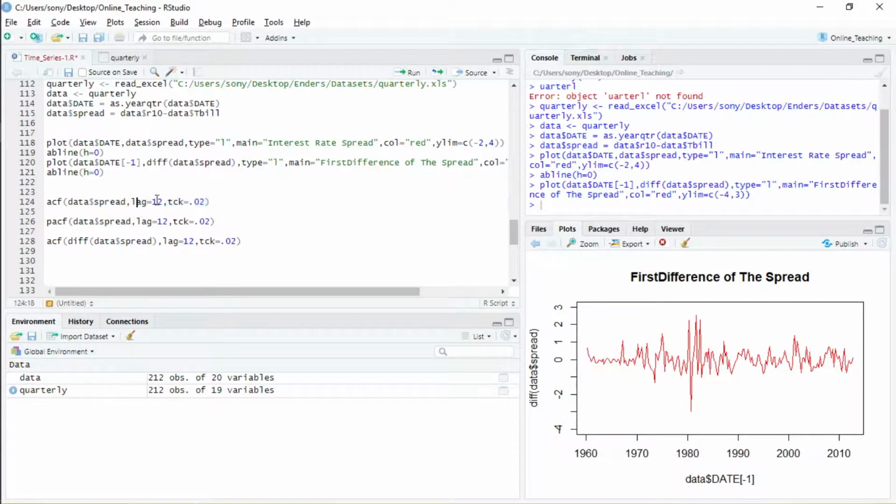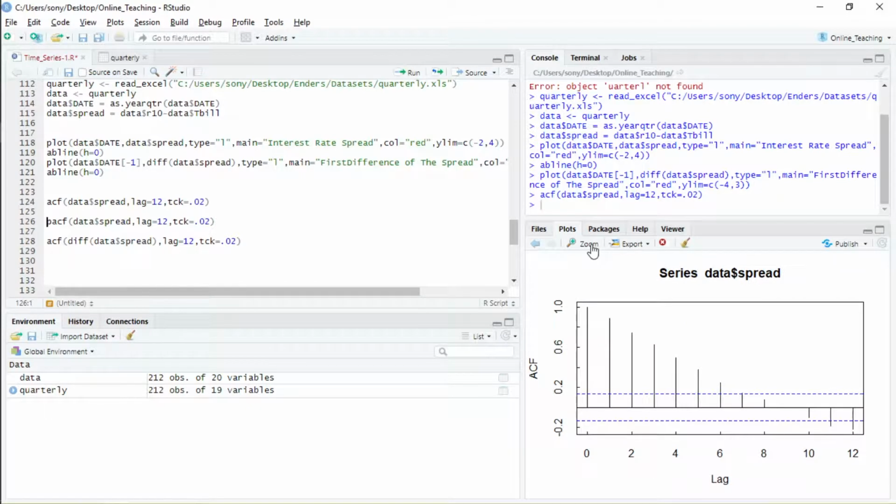Then we are taking a maximum of 12 lags. And this is only for the interval on the y axis; I'm giving 0.02, you can give any range. So if I do that,